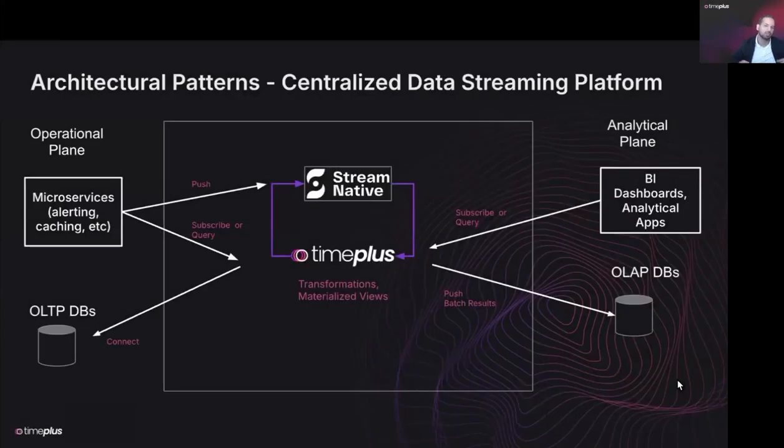So, if we zoom out a little bit, what kind of architectural patterns can Timeplus serve alongside a streaming platform like StreamNative? So one very common approach is to have a streaming platform in a centralized location, right? Whether it's in your data center or in the cloud, and have the processing engine, in this case Timeplus, sit right next to it, right? So as the data comes into these topics from your source applications or your connectors, then the processing engine is right there to be able to enrich that data from other sources if that's necessary,